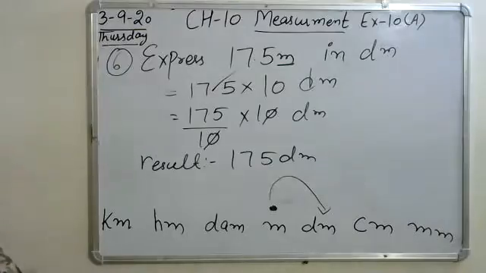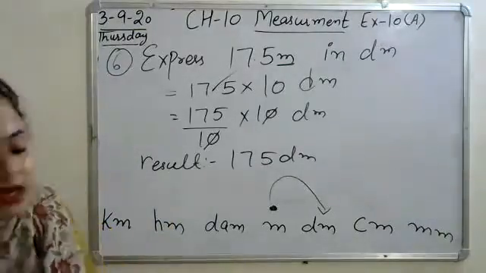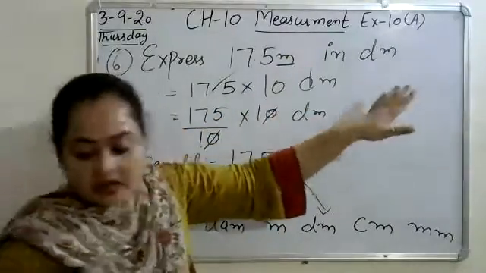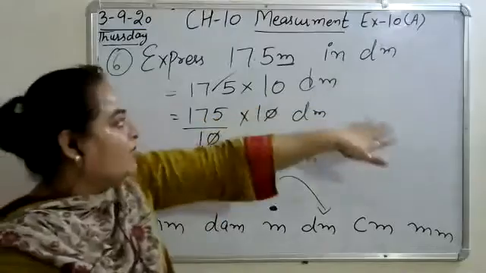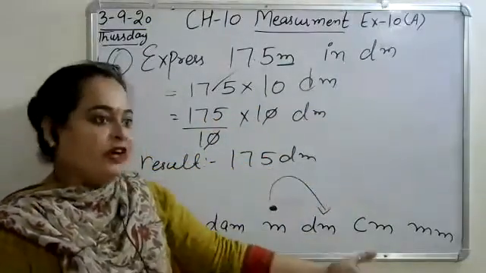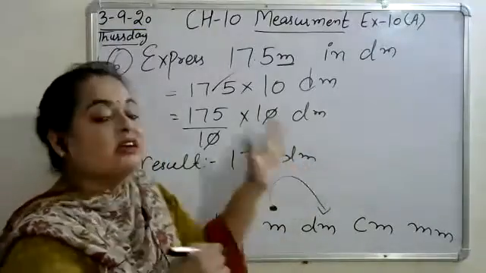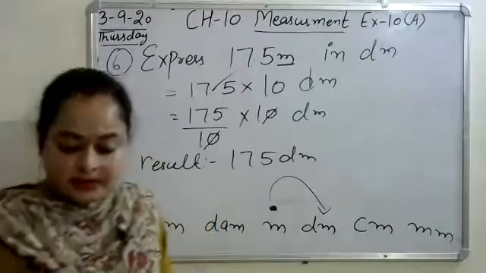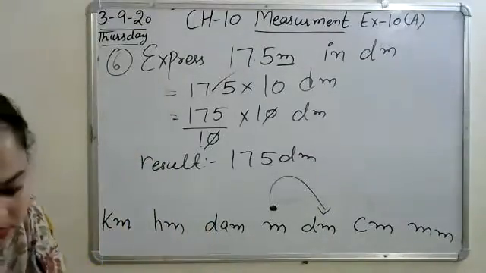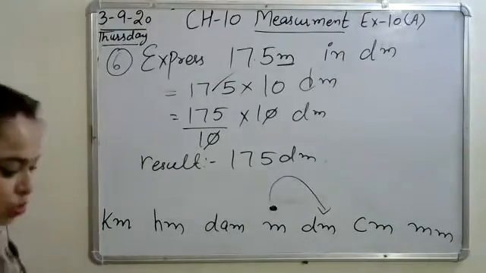Remaining parts are exactly the same. Now in the next part you will convert meter to centimeter, meter to millimeter, and then meter to hectometer. All the parts are the same, only the conversion is different. The number of jumps is different, but the way to solve the sum is exactly the same. After that, come to question number 7. Seventh question.